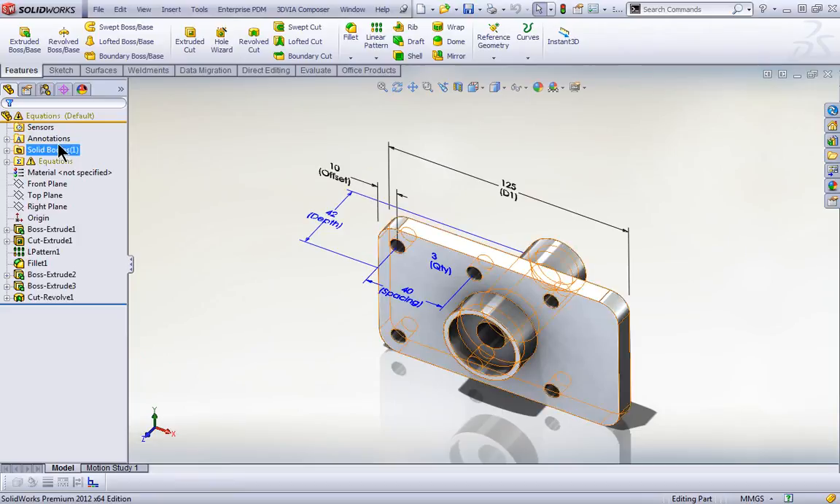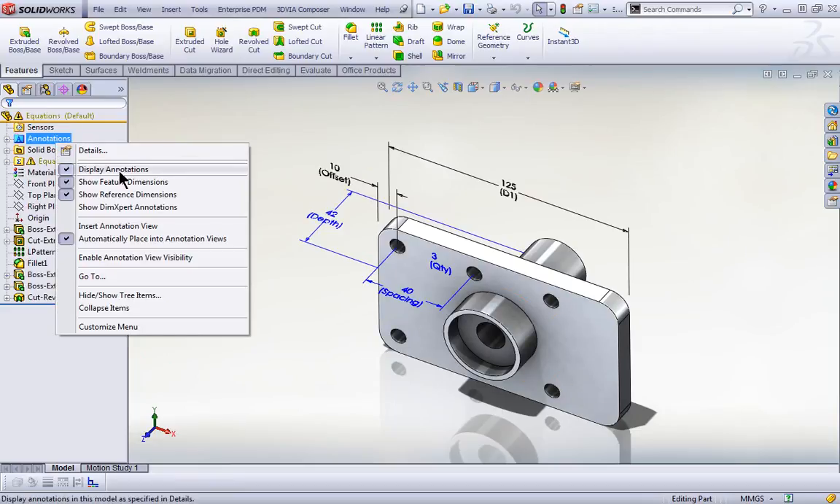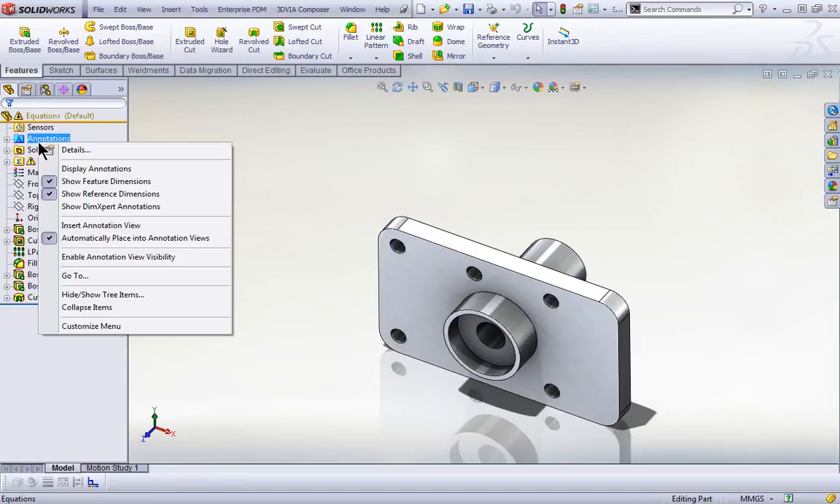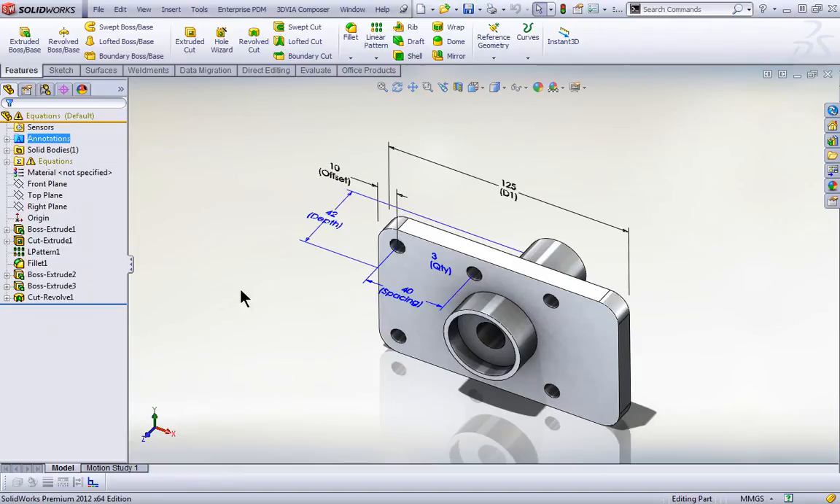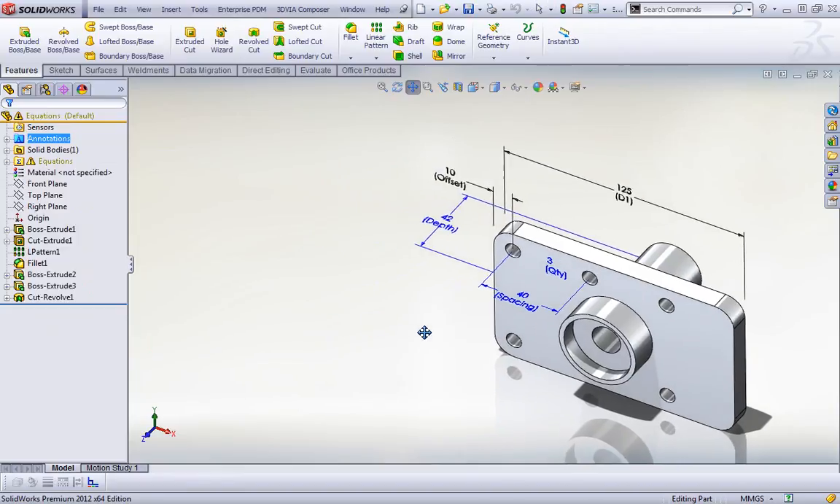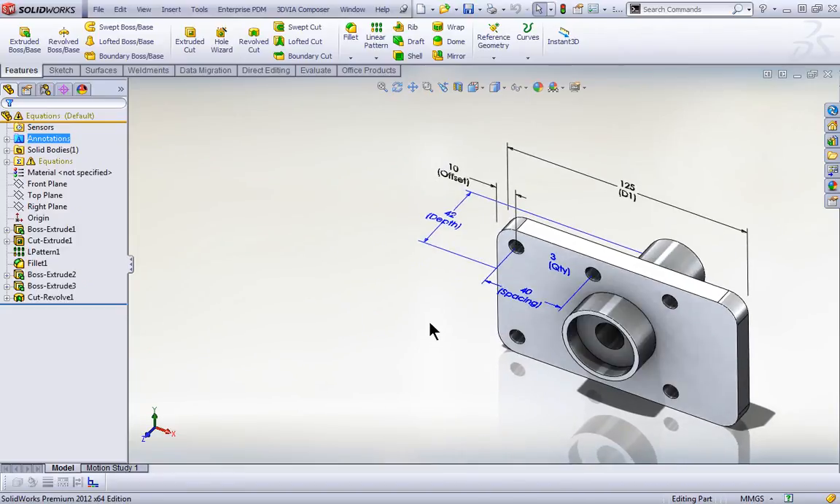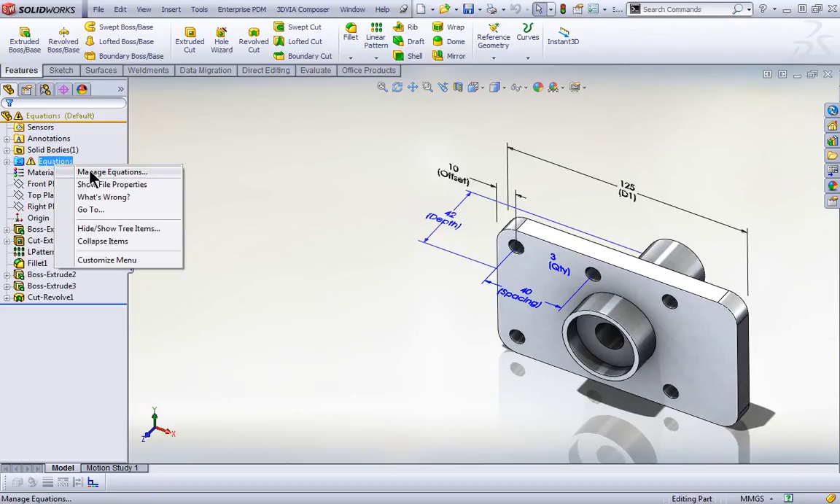That's just a useful thing to help keep yourself organized. The ability of showing all the dimensions, that also has been around for a while. It's the right click over the annotations folder, display annotations. So that's a great way of looking at all the dimensions in the screen there. I'm just doing this more for illustration's sake at this point. But let's take a look at the equations folder and see how all this stuff works. So you right click over the equations folder, we go manage equations,